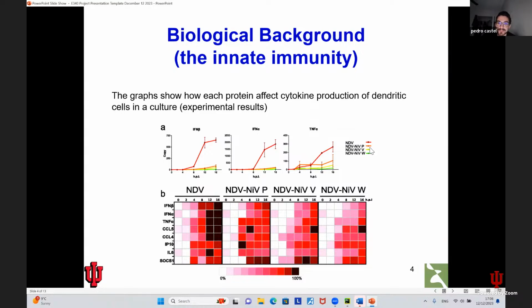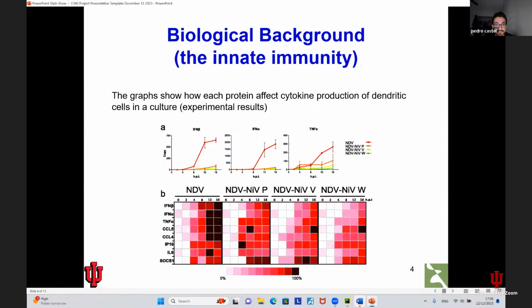I phrased that incorrectly, but who cares? So NDV without the V protein, and then they added either V or P or W genetically into this dummy NDV virus. So they could study the effect of P, V, and W separately on the innate immunity response